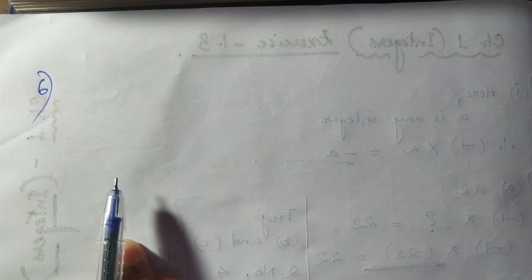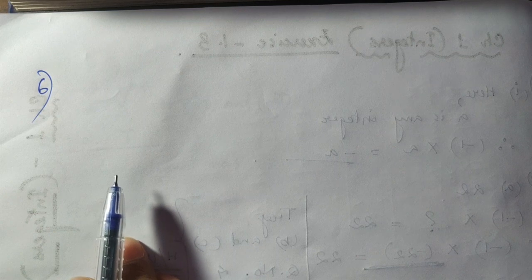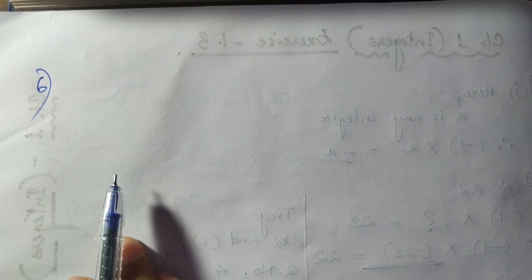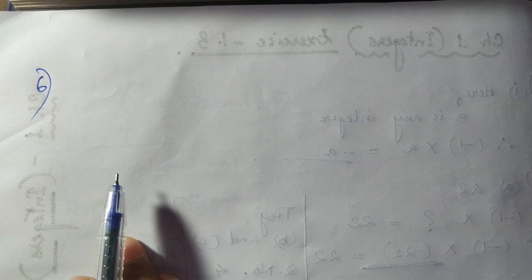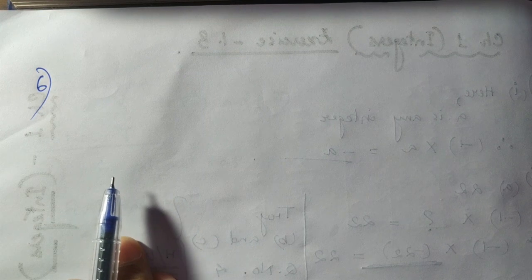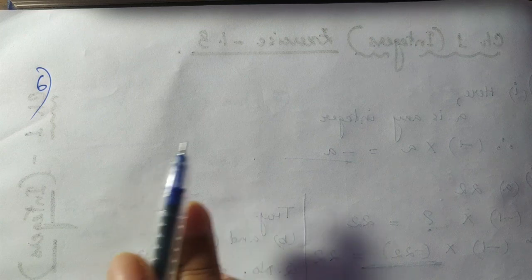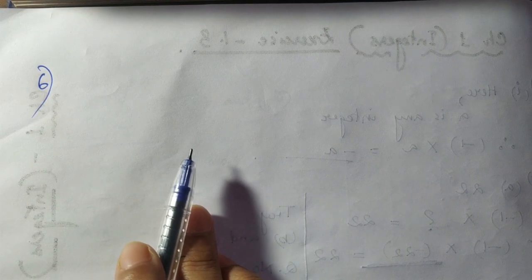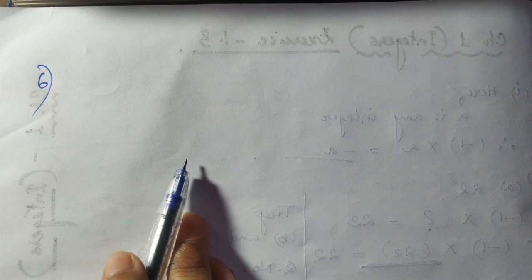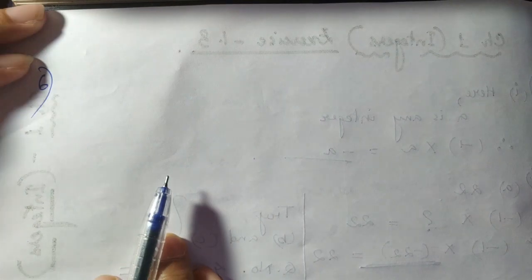Okay students, now for today's last sum, we'll be doing question number 6. The question is: a certain freezing process requires that room temperature be lowered from 40 degrees Celsius at a rate of 5 degrees Celsius every hour. What will be the temperature 10 hours after the freezing begins? So the present temperature of the room is 40 degrees Celsius, and it is said that the temperature is being lowered, meaning you are decreasing the temperature. Every hour you are decreasing it by 5 degrees Celsius, and you need to know what the temperature of the room will be after 10 hours.